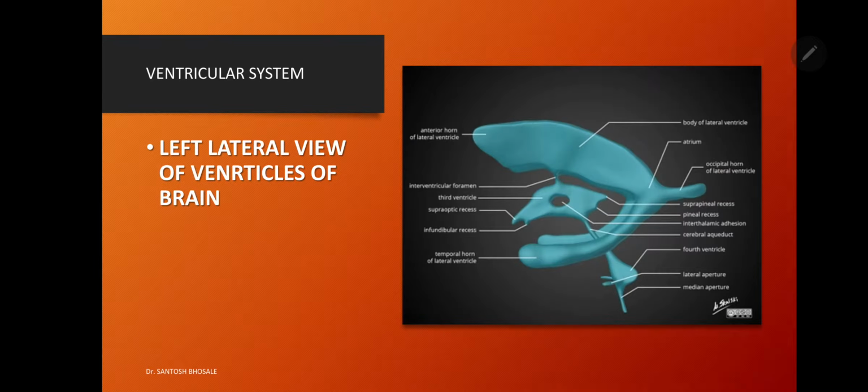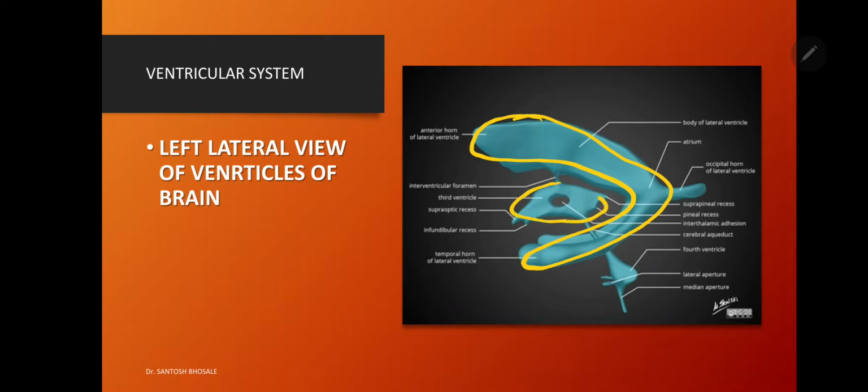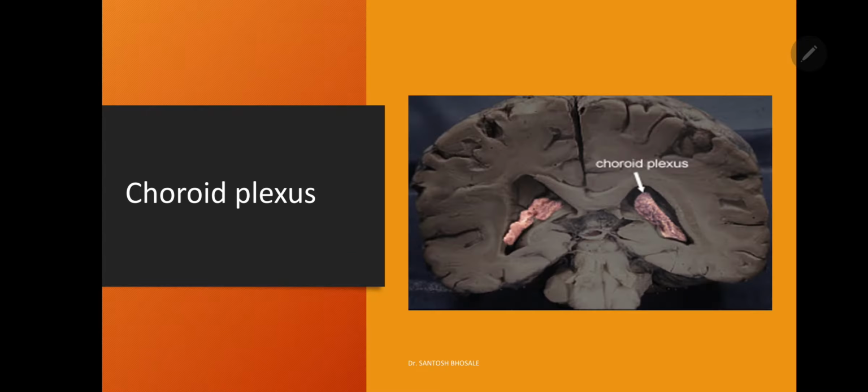of CSF. And when you see the left lateral view of the entire ventricular system in the brain, you are seeing a C-shaped lateral ventricle, a median third ventricle and a fourth ventricle between the brainstem and cerebellum. These ventricles contain the choroid plexus. It is a vascular plexus covered by pia mater and lined by ependymal cells, concerned with the production of CSF, and these ventricles are concerned with the circulation of CSF, which is produced by the choroid plexus within them.